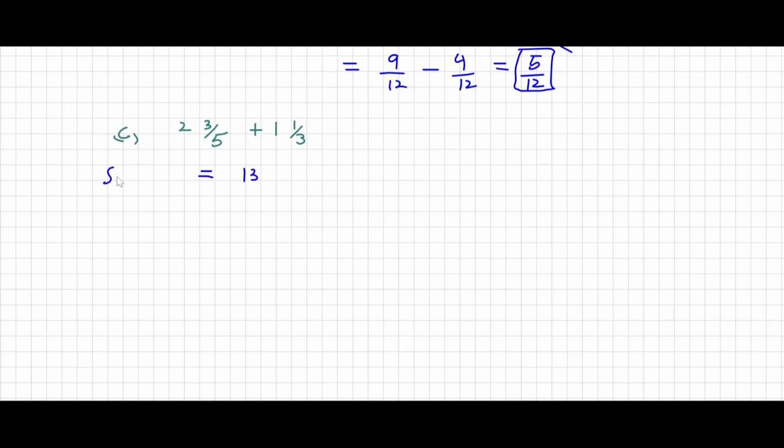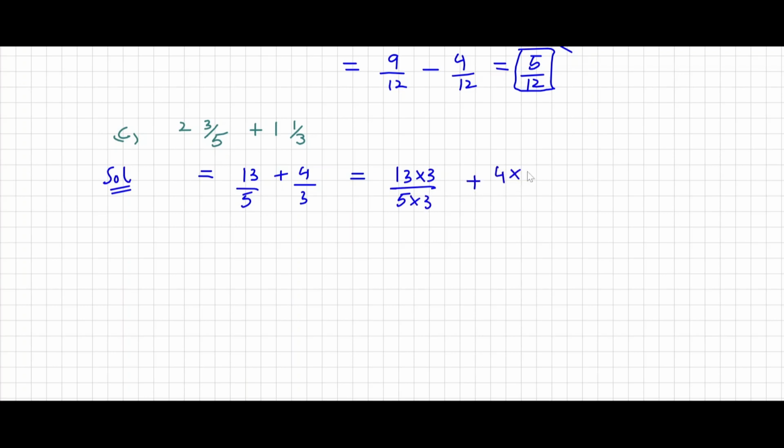So the solution, 13 by 5. And basically these are mixed numbers, so we are converting into improper fractions. So 3 into 1, it's 3, plus 1, it becomes 4. 4 by 3. So 13 into 3 and 5 into 3